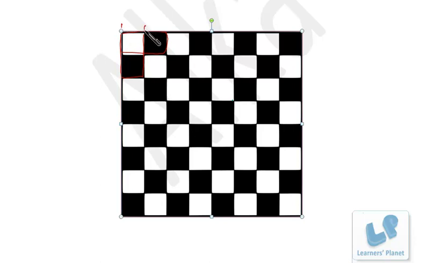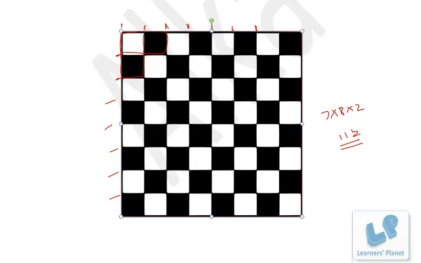So in this row, 1, 2, 3, 4, 5, 6, 7 rectangles will be there, and vertically if we say this 1, 2, 3, 4, 5, 6, 7, 8 rows, so 8 will be there, right? So 7 into 8 of dimensions 2 by 1 and 7 into 8 of dimensions 1 by 2. So in all, 112 options you have when you choose two squares and they have a common side.